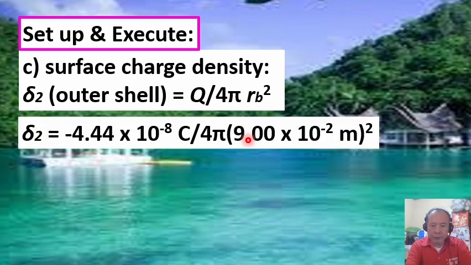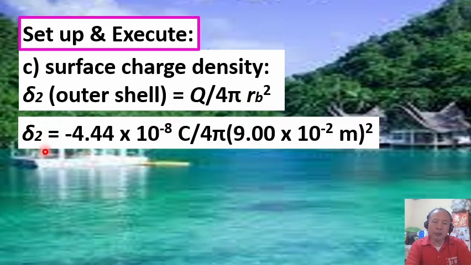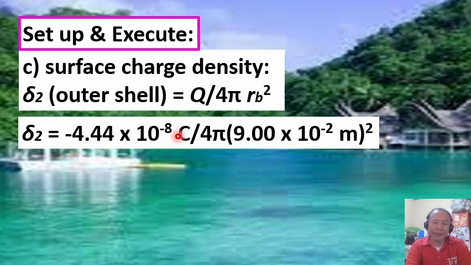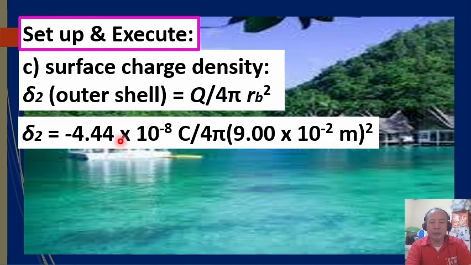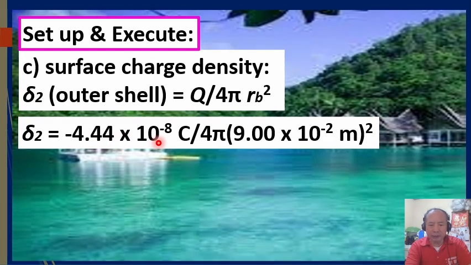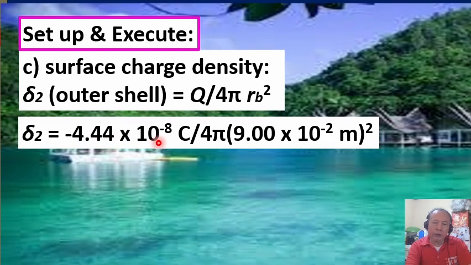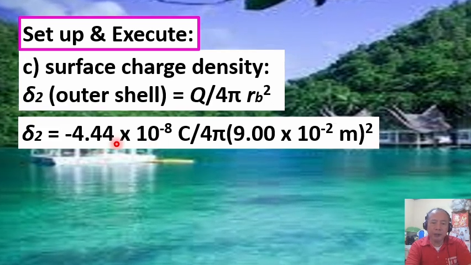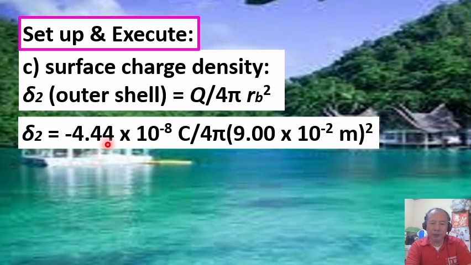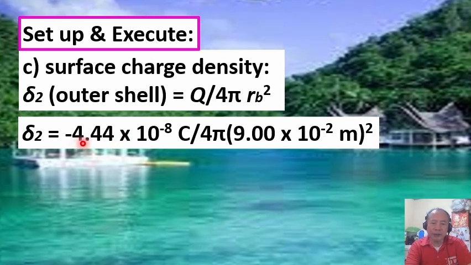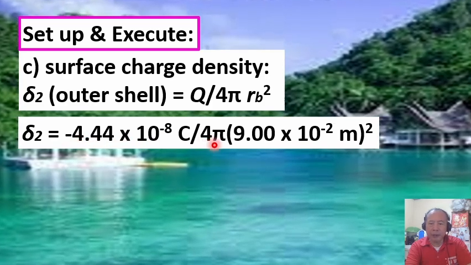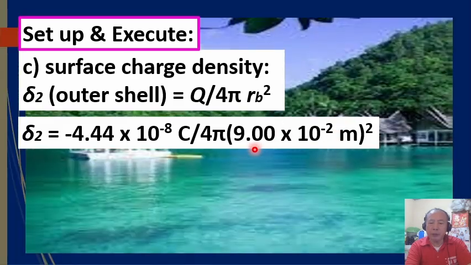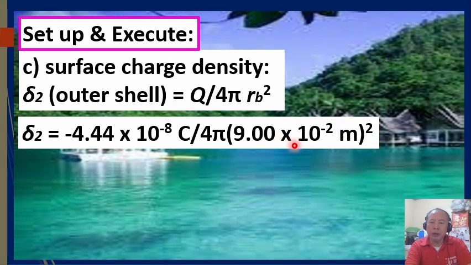Substituting, delta sub 2 is equal to negative 4.44 times 10 to the negative 8 coulomb. It's negative because the charge that is distributed uniformly on the surface of the outer shell is negative. So divided by the product of the square of r sub b, 9.00 times 10 to the negative 2 meter and